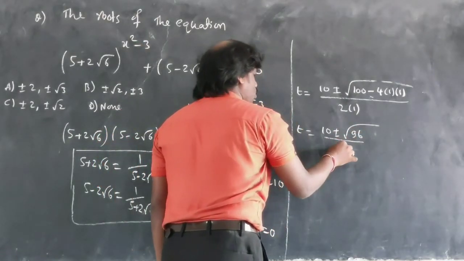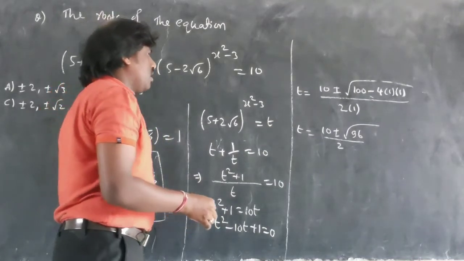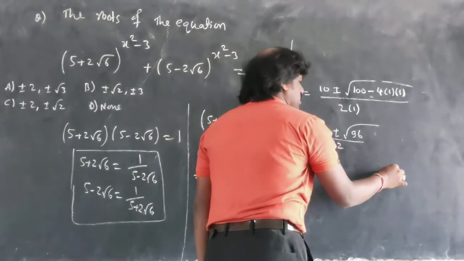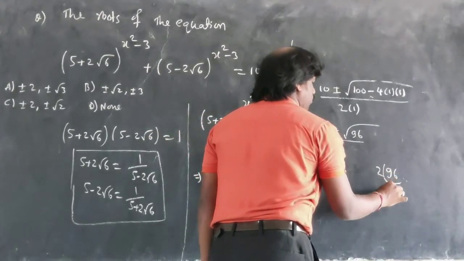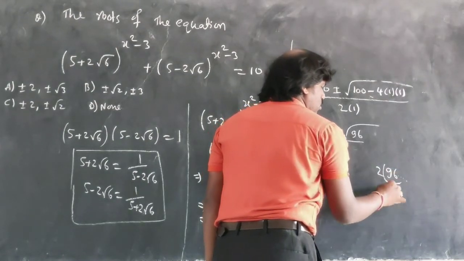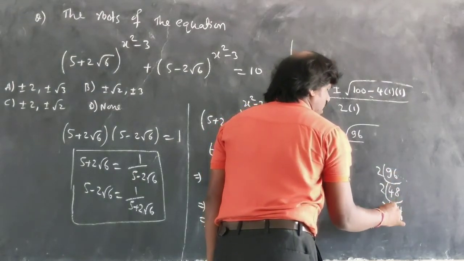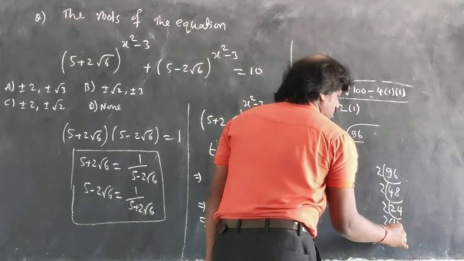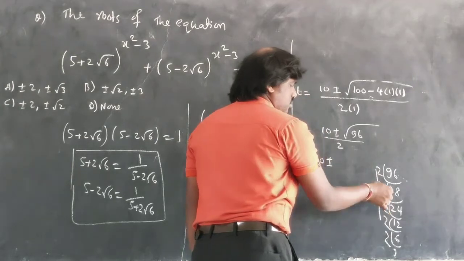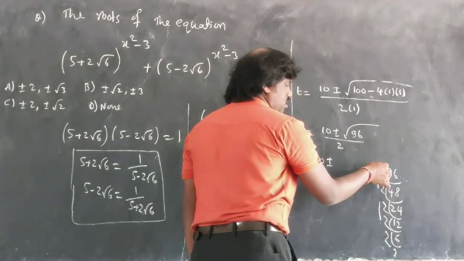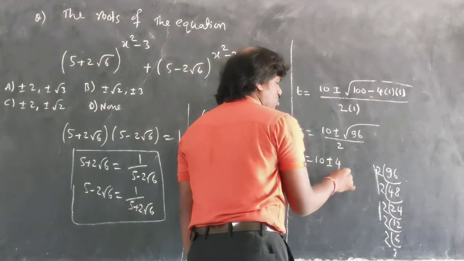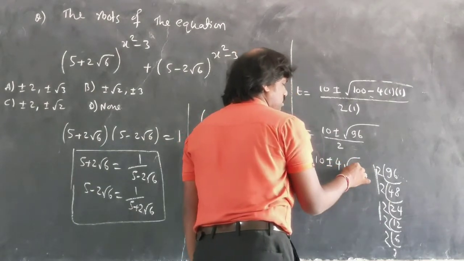96 divided by 2 I will get. Now I can write t is equal to 100 plus or minus 96. If I take the LCM, 2 fours are 8, 2 twos are 4... 24 times, 2 12 times, 2 6 times, 2 3 times, that means here 2 twos, that is a square, so from that 2 will come out, that is 4 square root of, I get 6